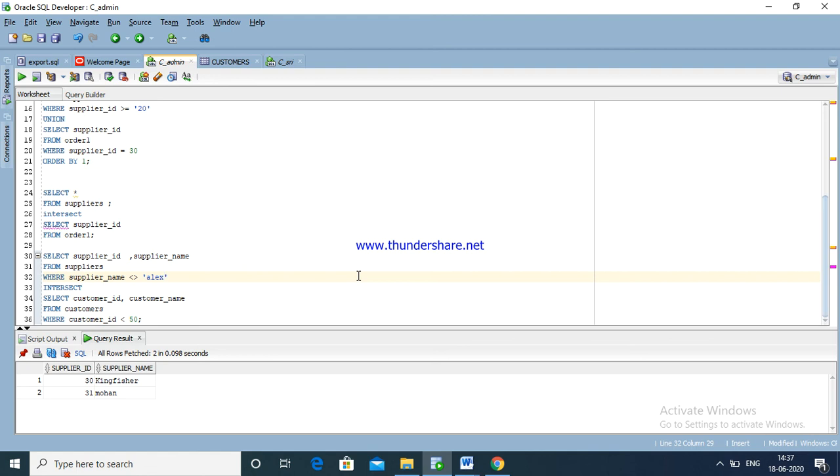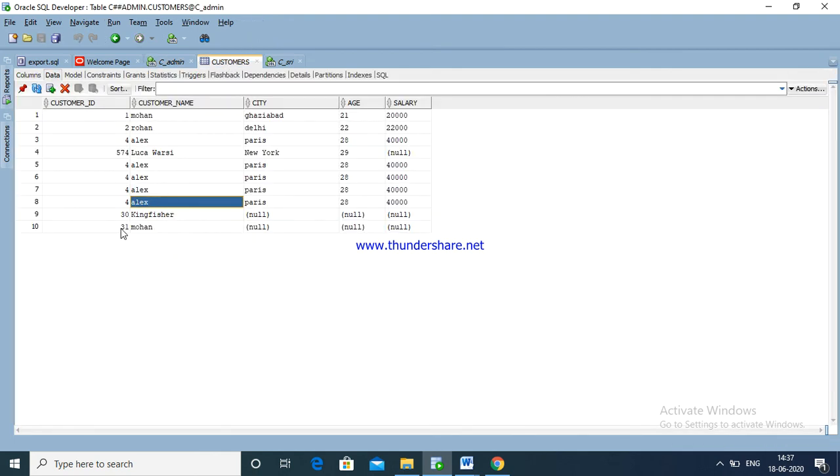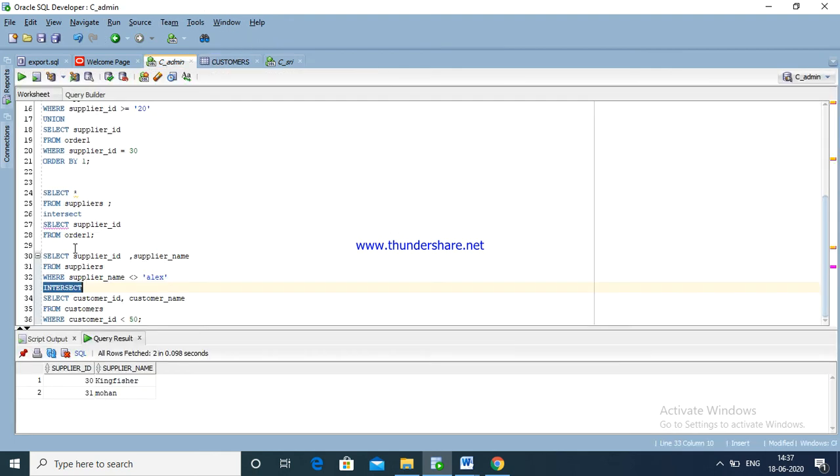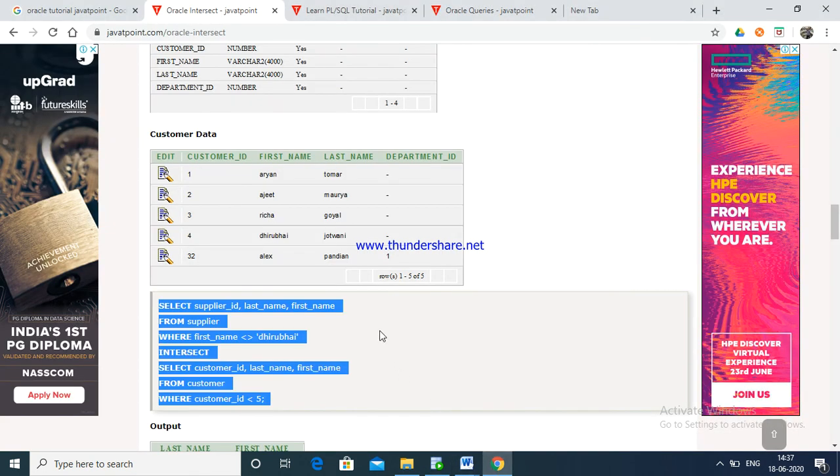Here we are going to display two common records. These are two common records already available in the supplier table. Okay, this way we are completing both.